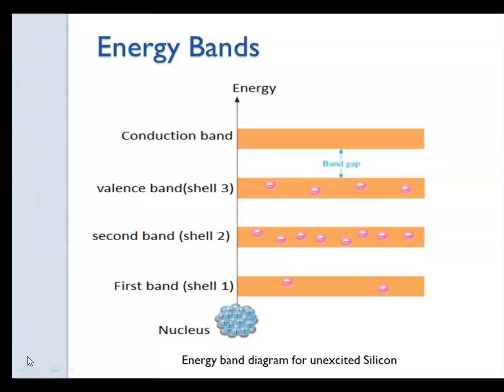If the valence band electrons can jump across the forbidden gap and enter into the conduction band, then they will become free electrons and be available for conduction. So the valence electrons can jump if we provide additional energy to them. This additional energy can be supplied by increasing the temperature or focusing light on the material. So this is the reason why the conductivity of certain materials increases with the increase in temperature.